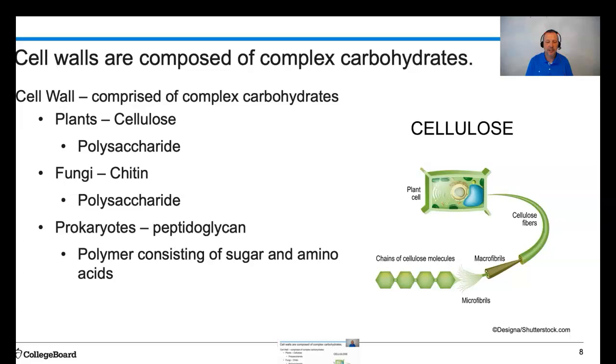Alright, so plant cell walls we already know are cellulose, but there are different kinds of cell walls that exist. Fungi have chitin, it still gives it structure, it's still a polysaccharide, and then prokaryotes have something called peptidoglycan, which is still a polysaccharide with amino acids. So all of those are cell walls, and they're all complex carbohydrates, and it's important because it gives it